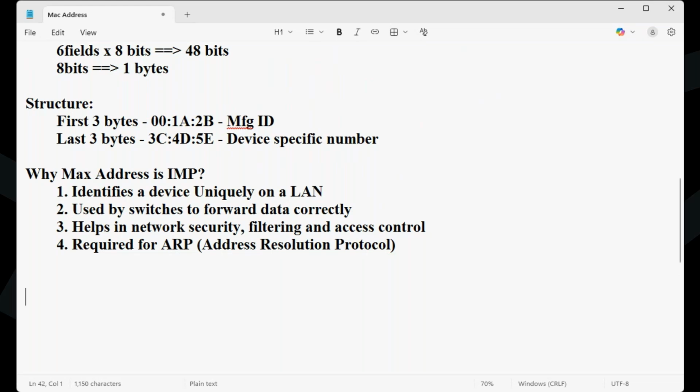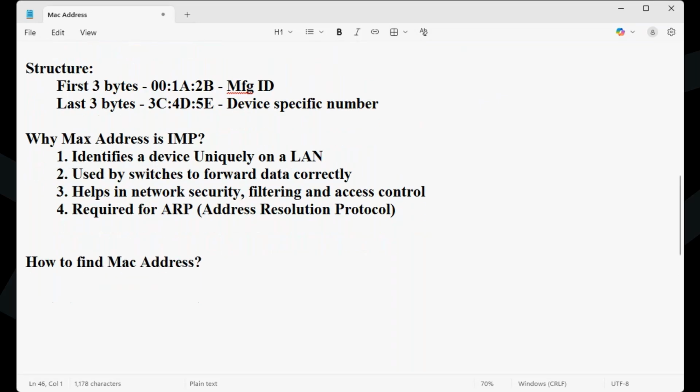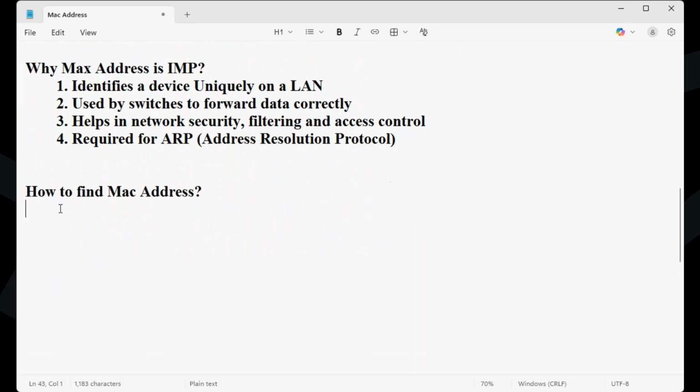There is a question, sir, how to find the MAC address? If I want to find a MAC address, there is a command. So first step, you have to open command prompt. So in that command prompt, you have to type command 1,